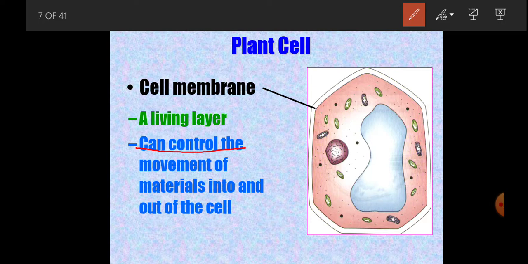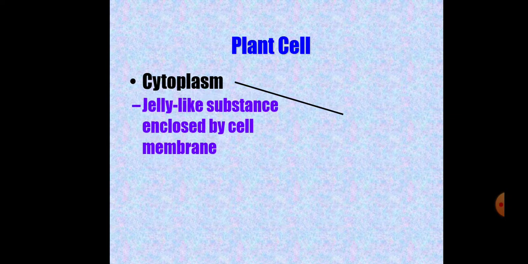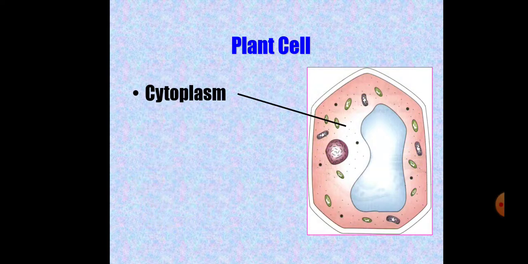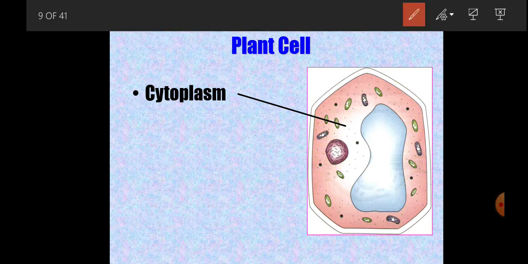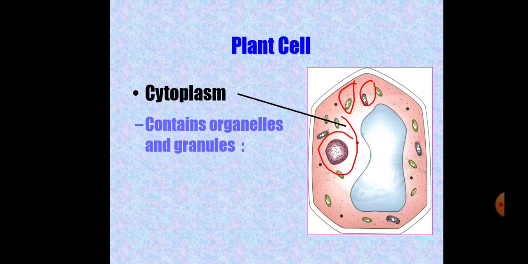Because it is semi-permeable, not all substances will be able to get in and out of any particular cell. Then in the same cell, there is a cytoplasm. You've seen where we mentioned it. The cytoplasm contains all the suspended organelles, like the chloroplast, the mitochondria, the nucleus, and many other substances. They normally say that it is a jelly-like substance, and it contains organelles and other granules that